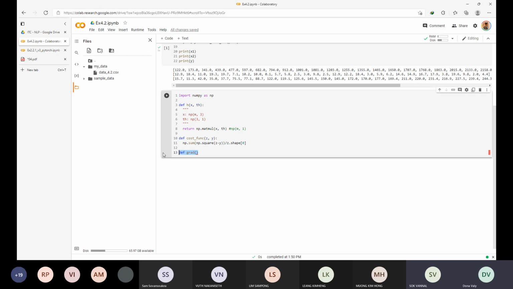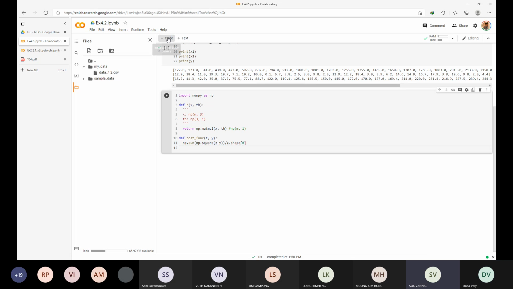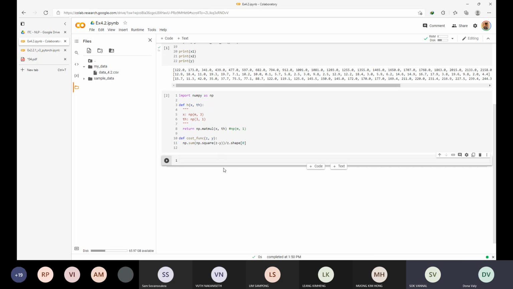So here you will see we compute the hypothesis and the cost function by using NumPy, right? So now let me create one more block, and we will use PyTorch instead. In order to use PyTorch, we have to import torch. So this is our PyTorch. All right, and then we can create our